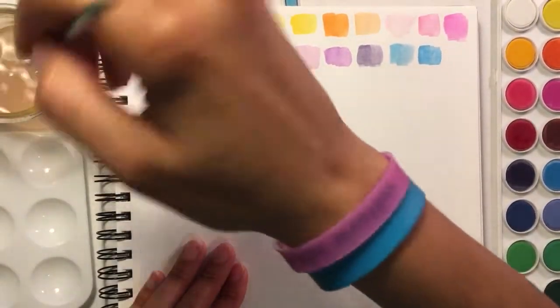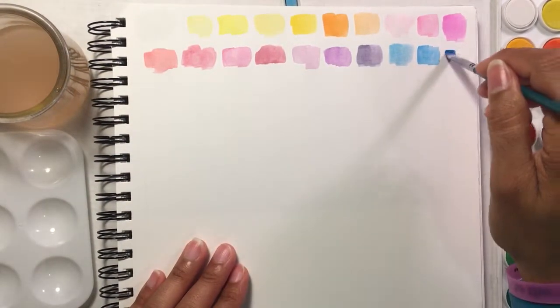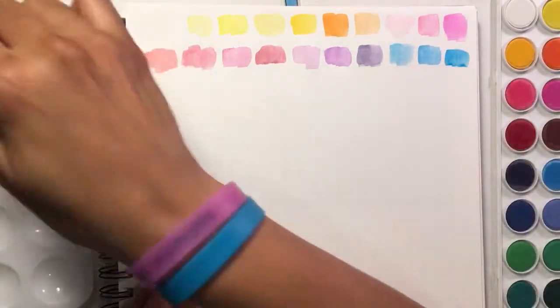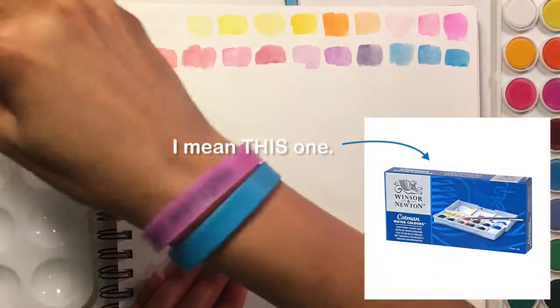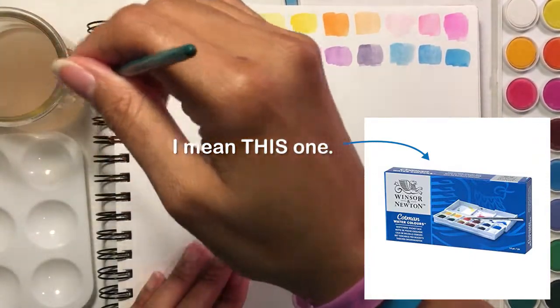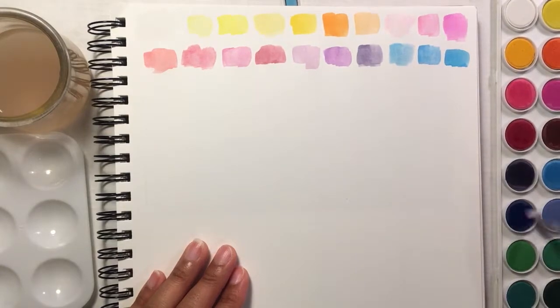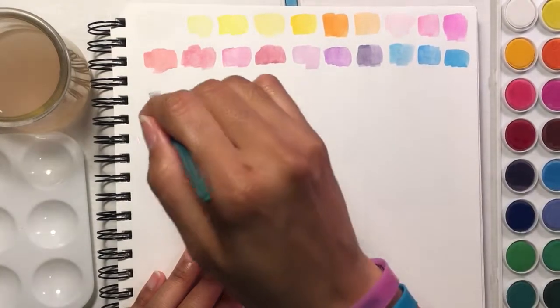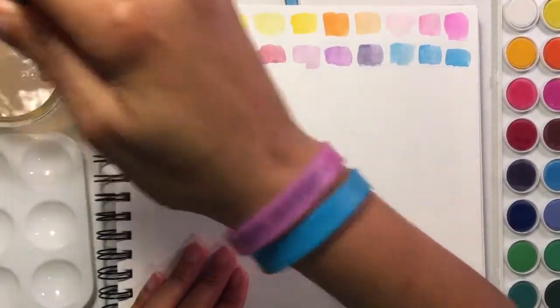I'd actually be kind of good doing these because I think I'm gonna get that Cotman set. I think that's what I've read as a good kind of starter set for actual watercolor. I think it might be student grade, which might be what I get to try out